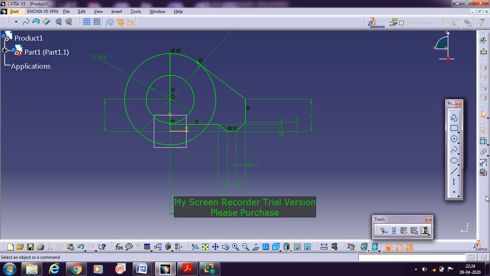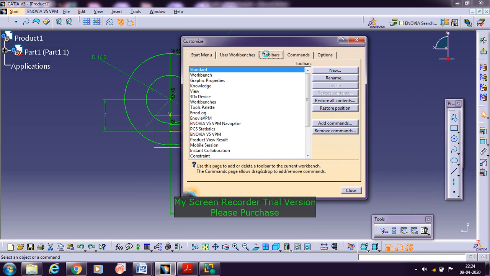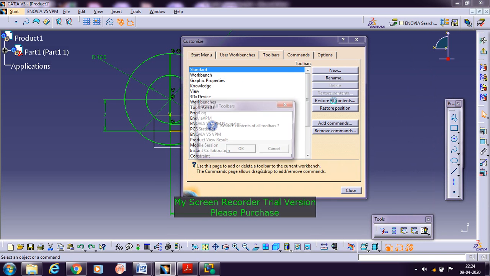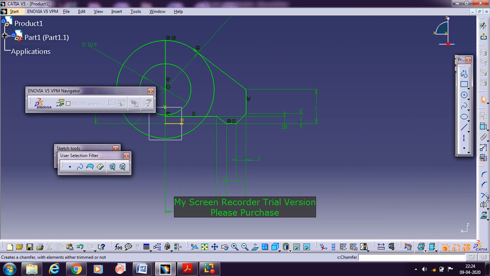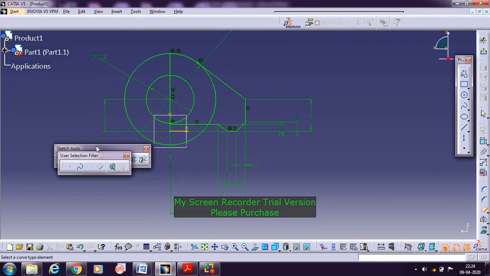Now I cannot find this trim command, so you need to go here, customize. Go with the toolbars, click the restore constraints, and then restore position. Click close, so you'll be getting here. You need to drag it if you are not finding any of the commands. Now you'll be getting here. It is a quick trim, and then using that you need to remove the,